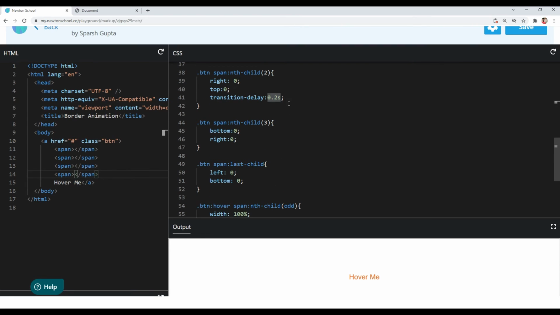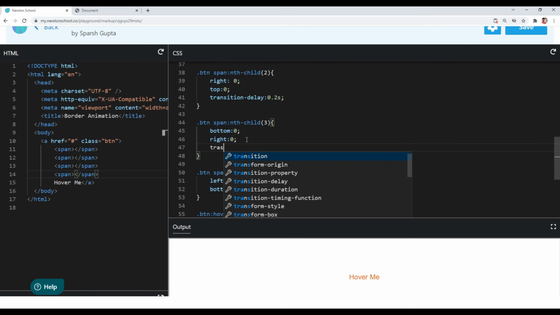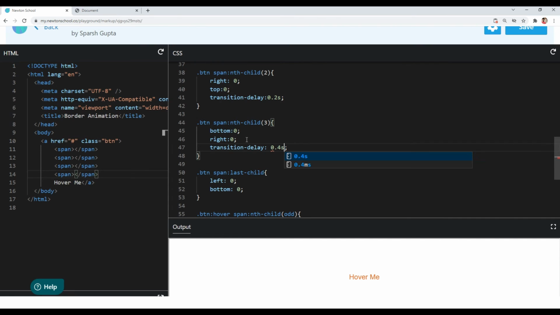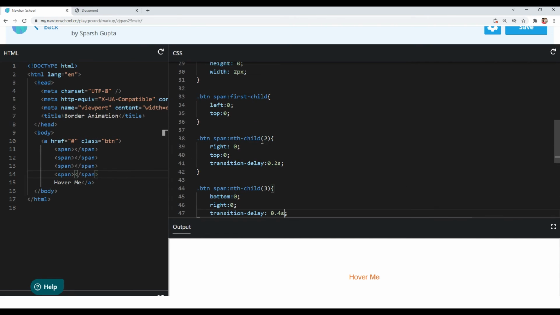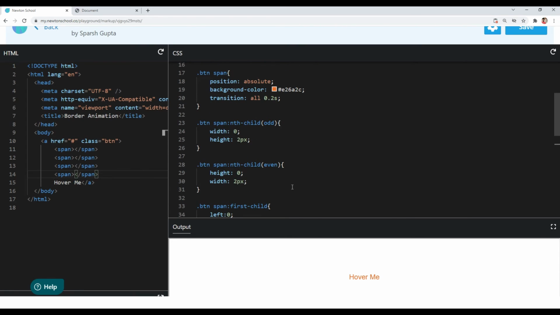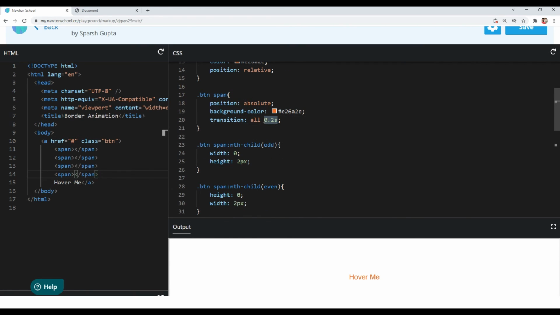So the total is 0.2 seconds plus 0.2 seconds, so we will add a transition delay of 0.4 seconds. Basically the second span child will start after 0.2 seconds since we gave it a transition delay, and it will run for 0.2 seconds since that is the transition duration.